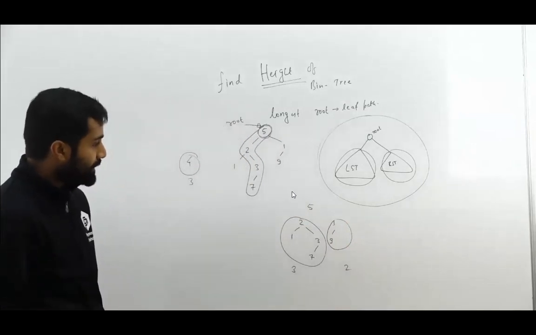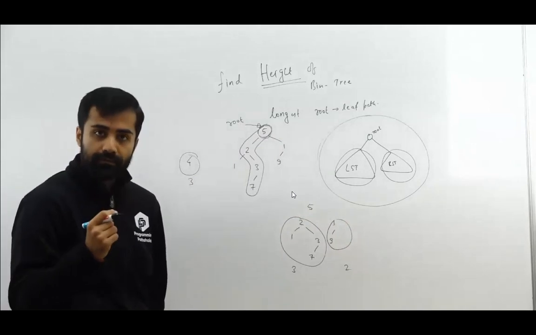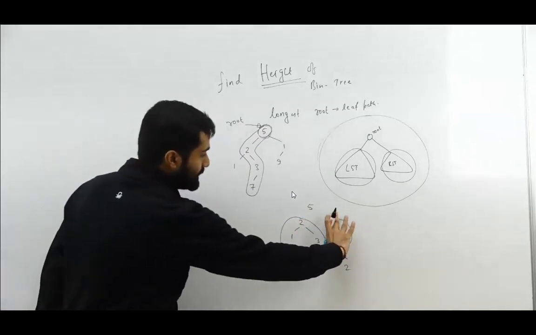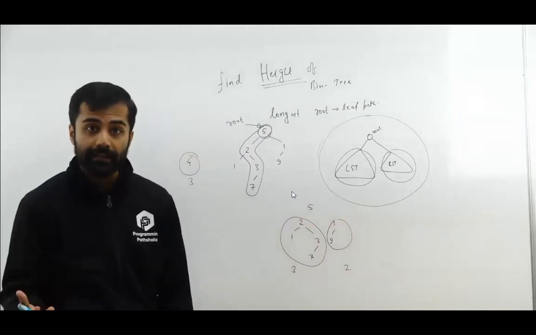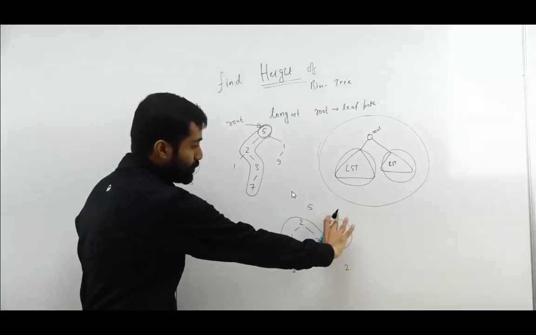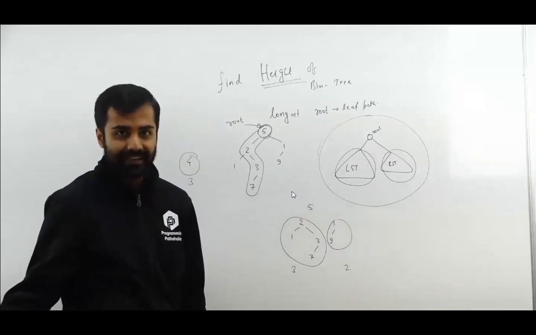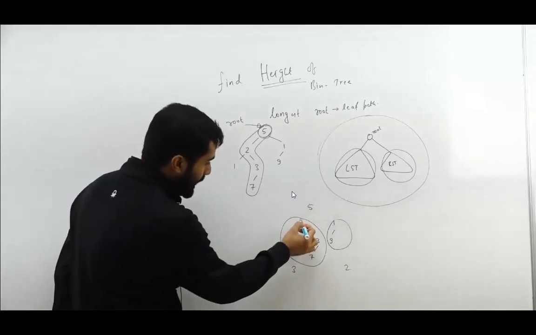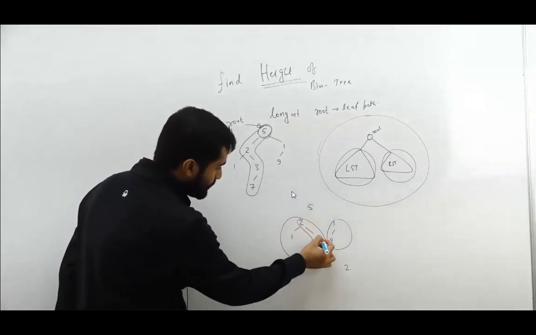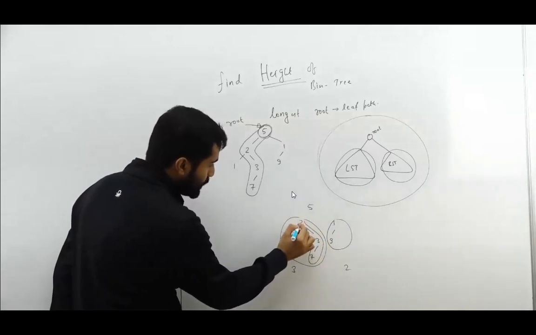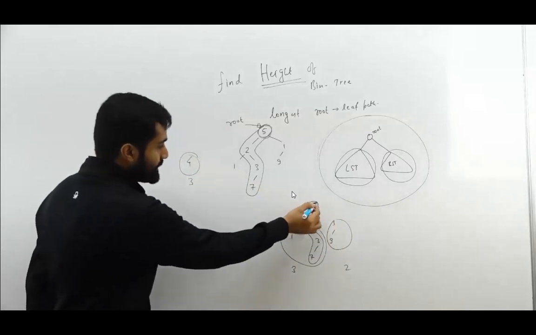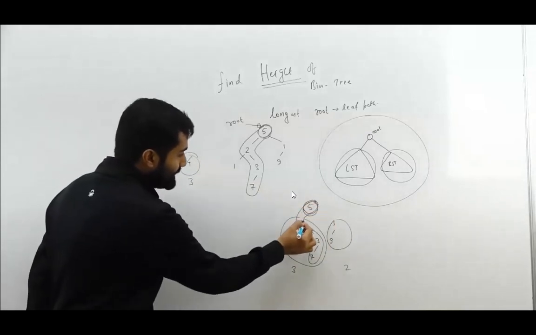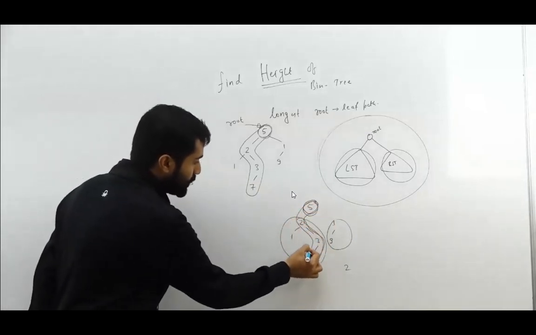Now I would say that, hey, instead of taking a path in this right subtree, I would want to take a path in the left subtree. Why? Because the height of this is more than the height of that, correct? So along this, if I further include that, then my job will be done. So this is the contribution of your root, and this is nothing but the height of your left